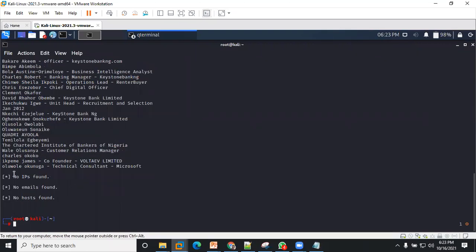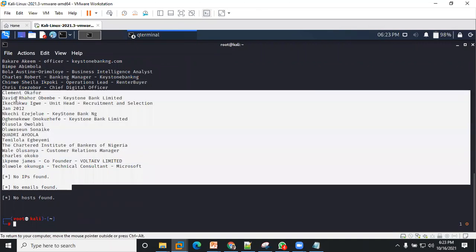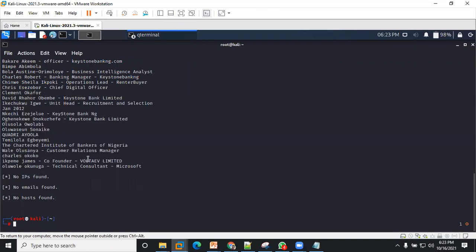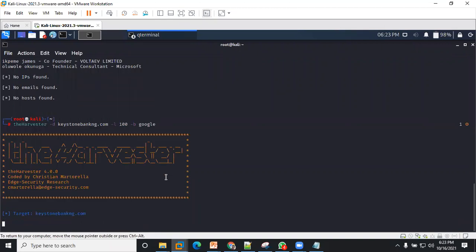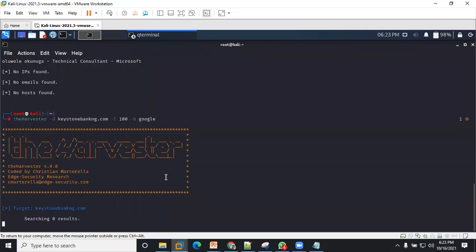Currently they don't have any email addresses. You can see we just have the users, but we don't have email addresses out there. So we're able to enumerate users. If we change the source, let's say to Google, let's see if we might have any useful information on the internet, because this is how phishing attacks are conducted.